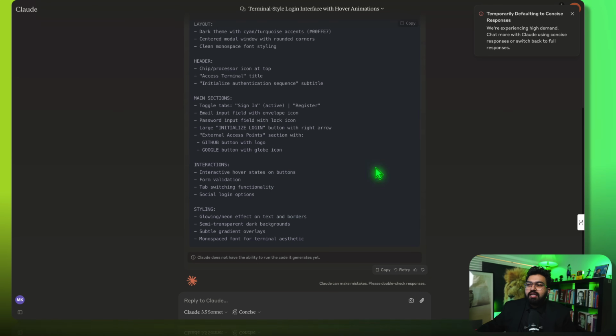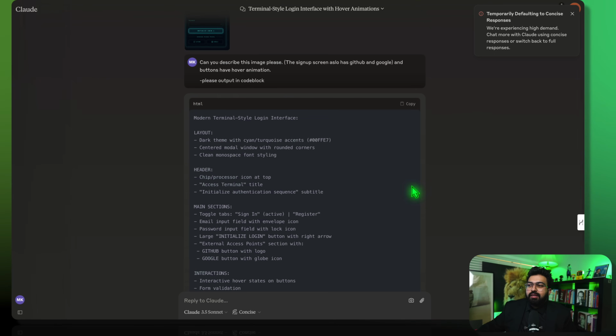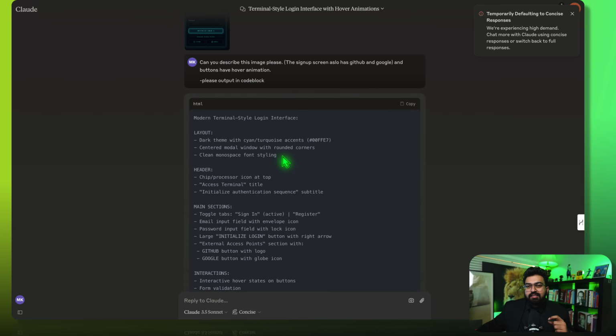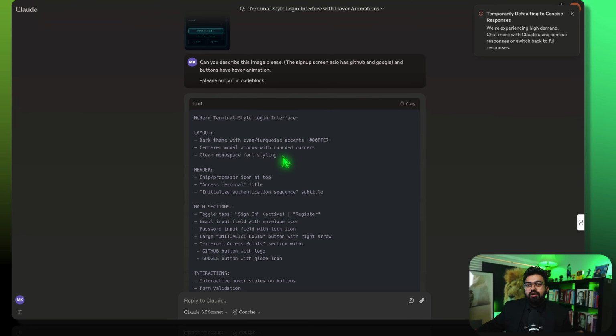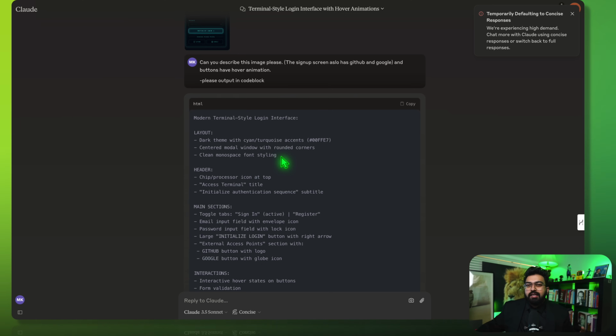And once I ask the description of it, it will give me the whole thing. And I will add both image and text and bring it back to Bolt to get it done. So we are not just giving an image as an inspiration to go off of. We are also explaining what we need. And this approach has been more powerful and